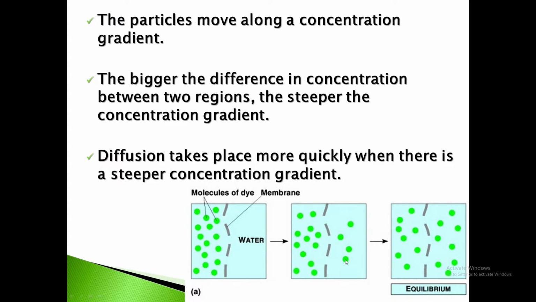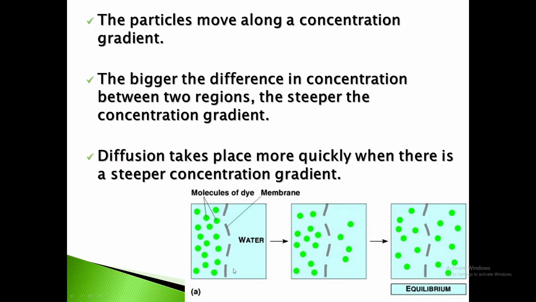Now diffusion normally takes place faster when there is a steep concentration gradient. So again, looking at the boxes, the fact that the first box has a difference of 16 simply means that if we're comparing the rate at which diffusion is going to take place within these two boxes, then in the first one diffusion will take place faster, simply because it has a steeper concentration gradient. So again, how we determine the steepness of the concentration gradient is basically the difference between the two different regions